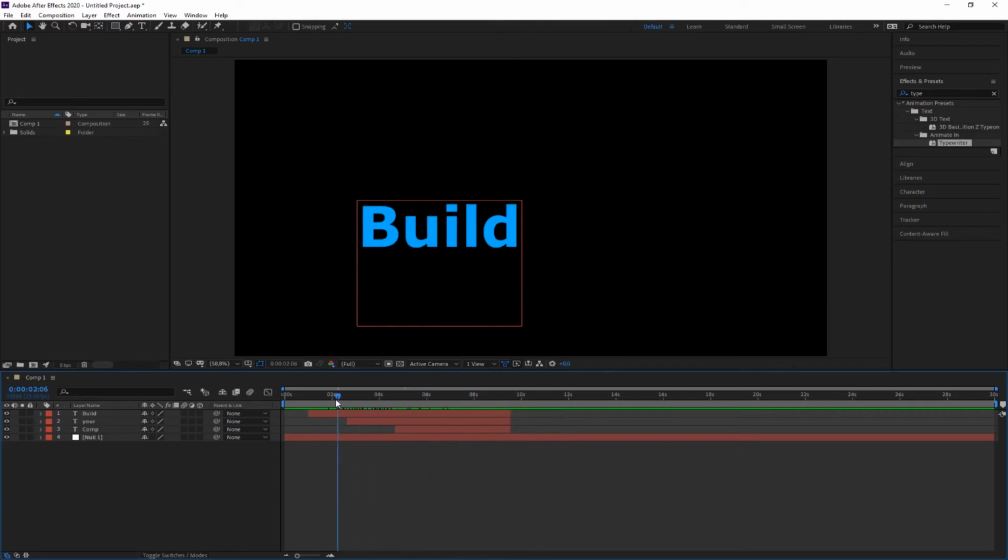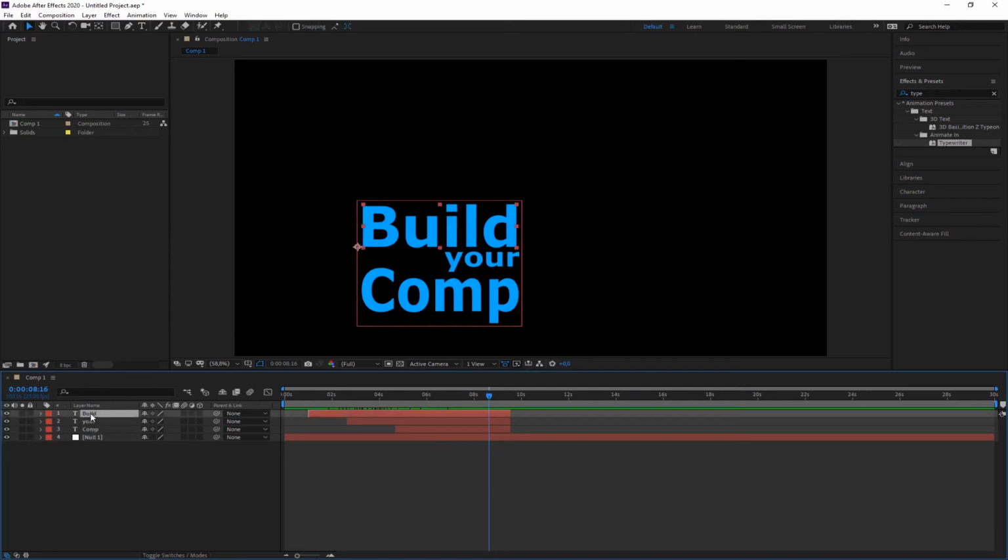And now I would like to move the whole block around. I could pre-compose my build your comp and create one composition out of it, but I'm going to use the null layer concept. So I would like the three words to follow whatever I do to the null object. So I select all three layers and make sure their parent is the null object. I'm using the pick whip here and bring it onto null, and then all three change their parent to